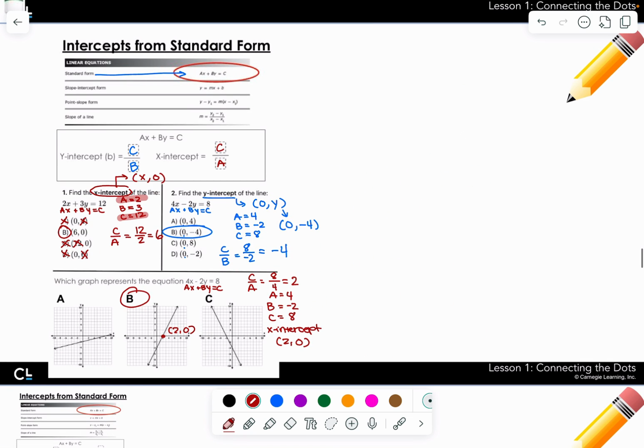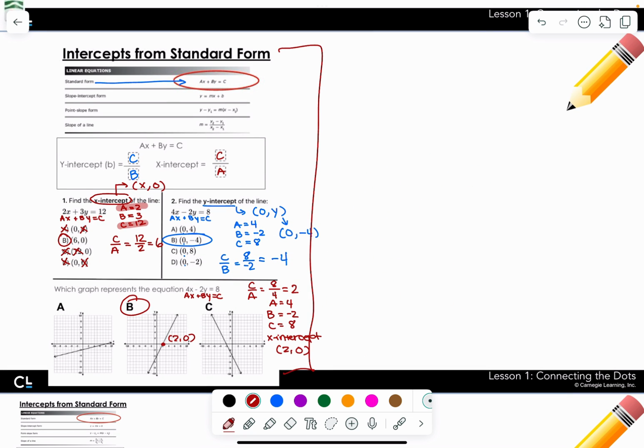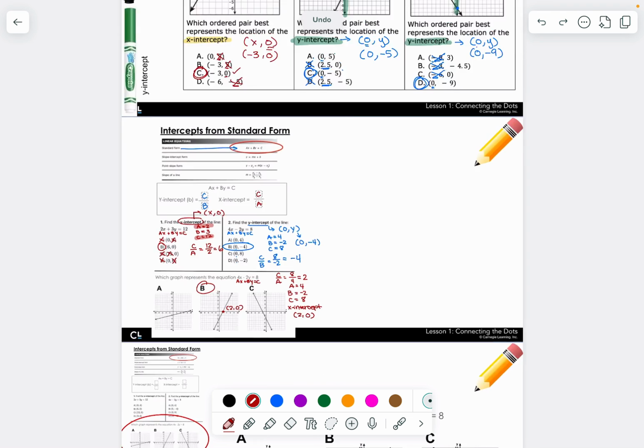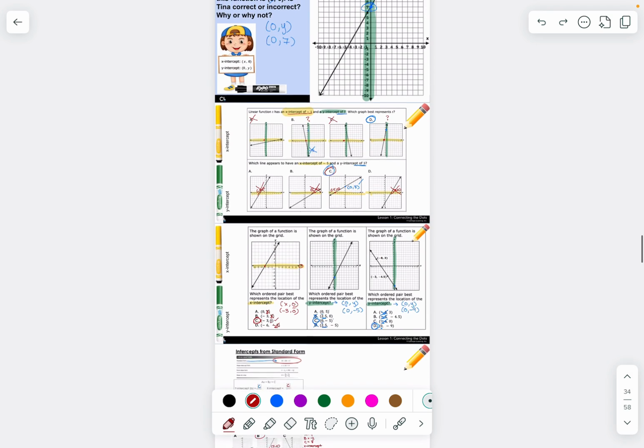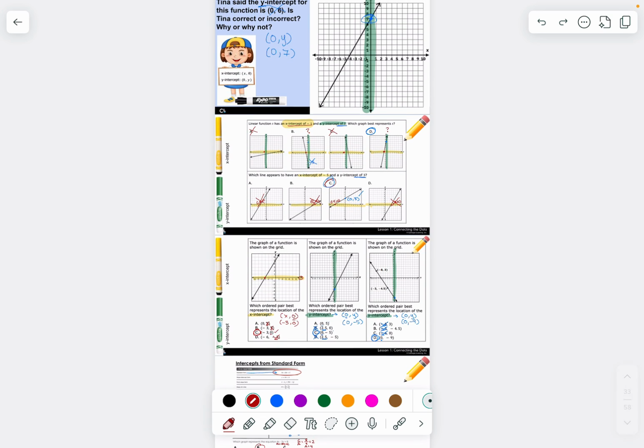And that's how you would do those. We will, in the future, teach you another way to do these questions if this is a lot for you, so don't stress about this right now. The main focus of today is this right here, okay? So go ahead and glue this into your notebook if you have a notebook, or start the independent practice and